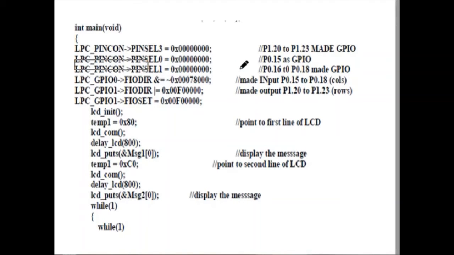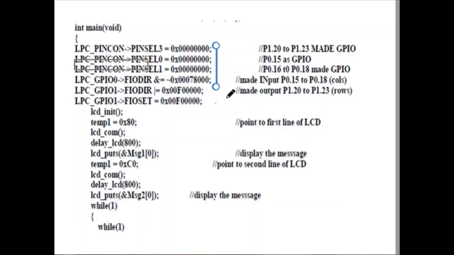So next, if you consider the remaining things, again first here we have the main program. Here in the main program we are initializing, we are configuring the pins. LPC means LPC board. PinCon stands for pin configuration. Which pin are we configuring? Pin select 3. Through pin select 3 we are configuring which ports, that is given here. So we have these configuration values. Regarding the configuration values, I will tell at the end with an example.